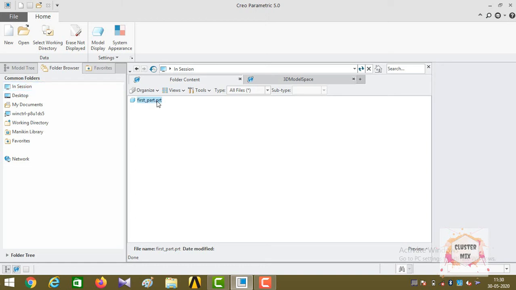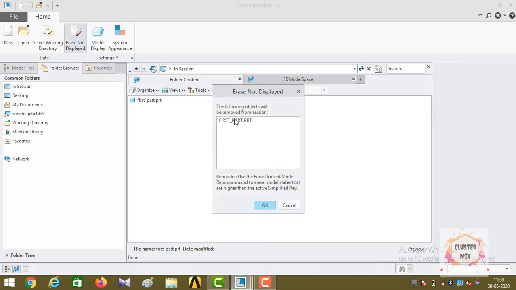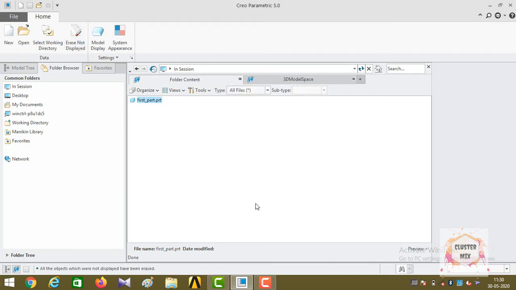Click on the erase not displayed command from the ribbon, and it shows the list of in-session files which are being used. Currently it shows only first_part.prt, and just click on OK and just click on the refresh button, and you may see that there are no in-session files displayed here.